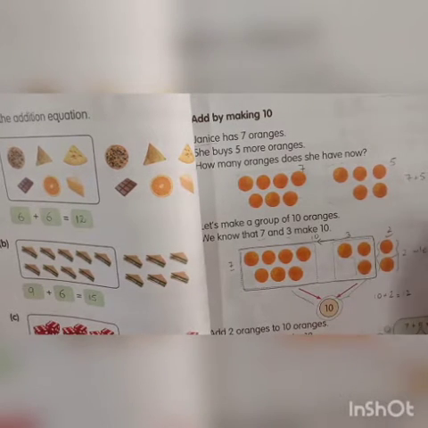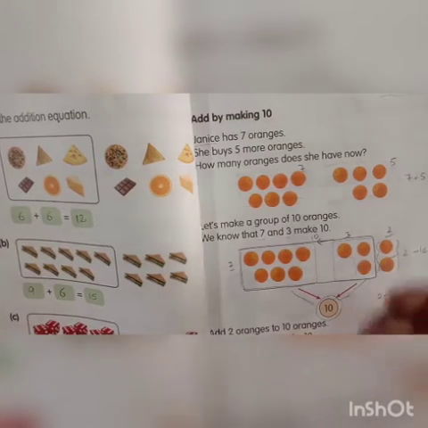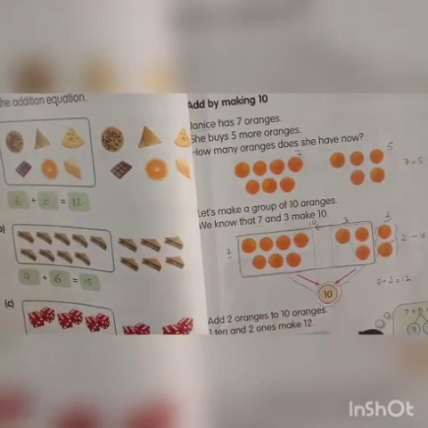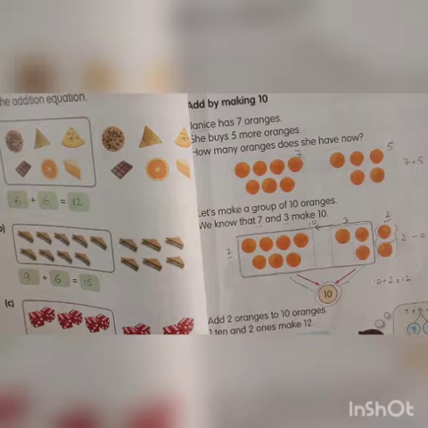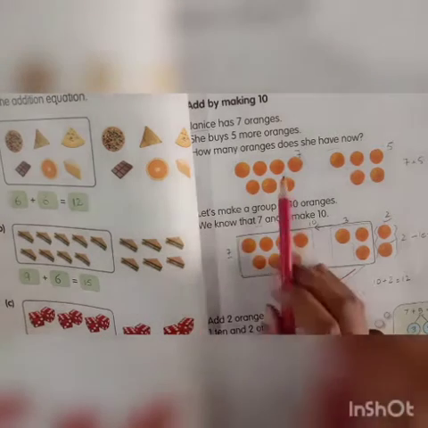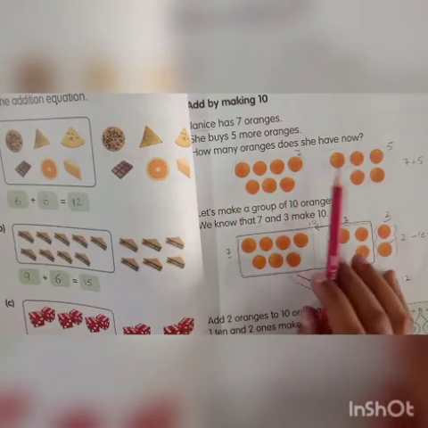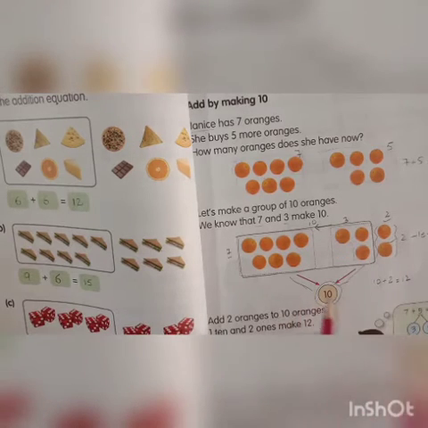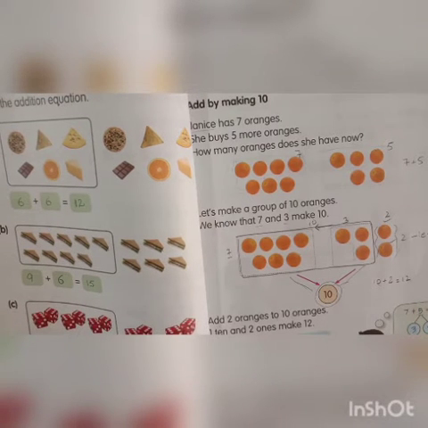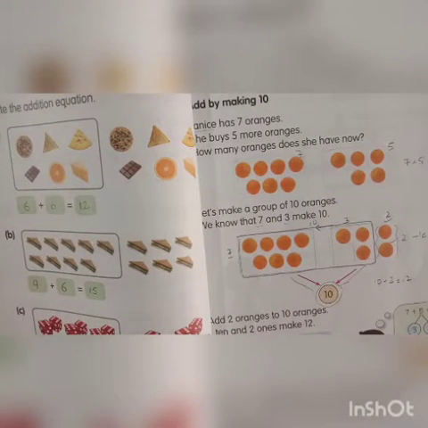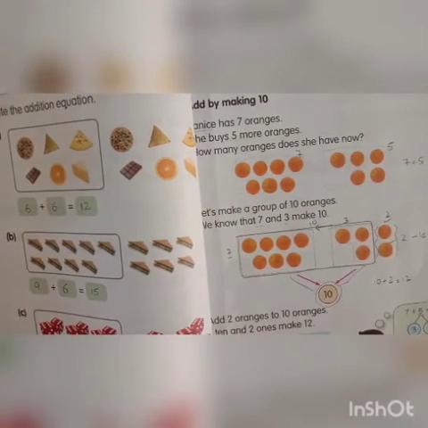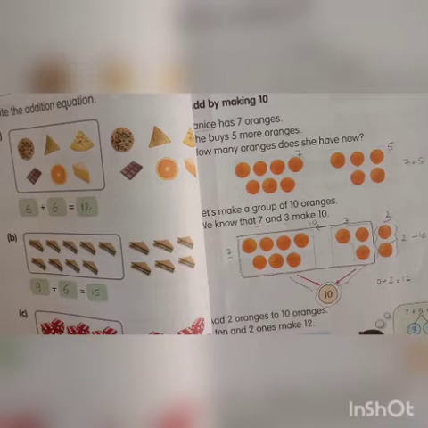Like 7 plus 5. This is the conclusion of this exercise. 7 plus 5 equals 12. 7 plus 5 is the same as 10 plus 2. As I already told you, when we add 7 oranges and 5 oranges all together, we get the same answer, and when we add 10 and 2, we get the same answer. So she has 12 oranges now. Janissa has 12 oranges now. This is the whole conclusion, level 1. I hope you understand it.